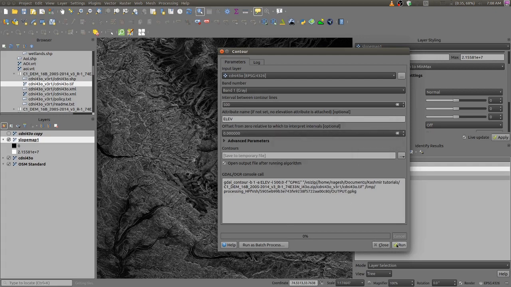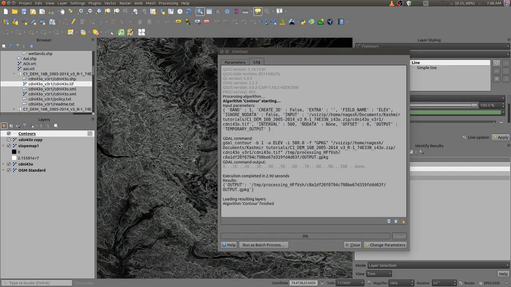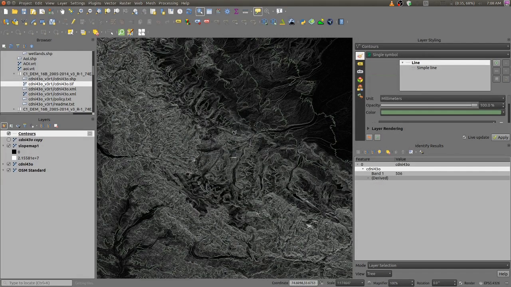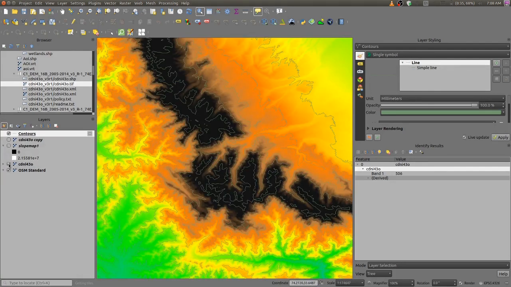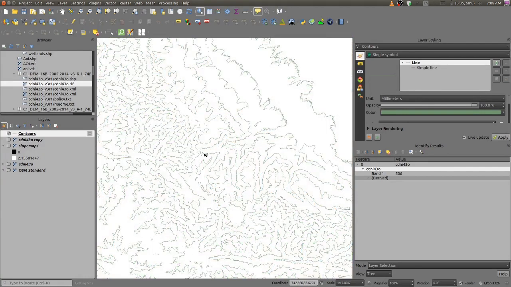So let me run the operation. That contour algorithm is running. Let me close it. Now let us close this slope map and see only the contour. So this is the contour which is just created, and the closer contours are in the very steep slope areas, and these are our slightly sloping areas.